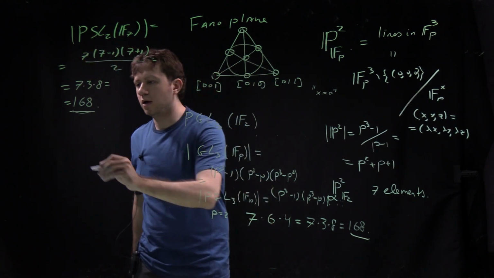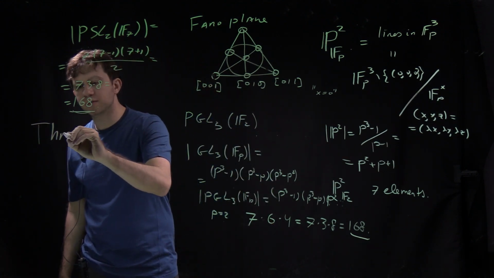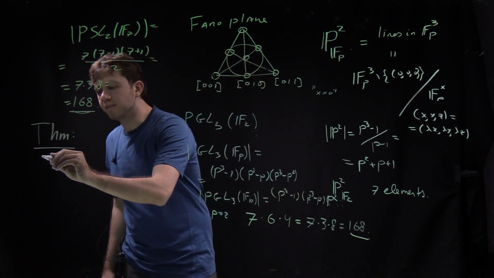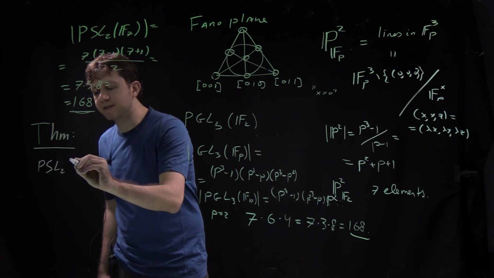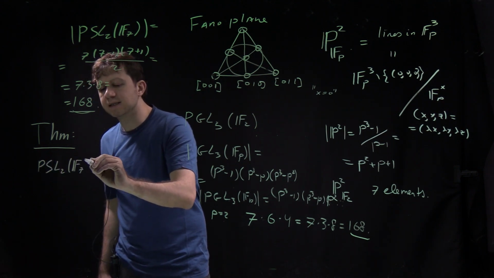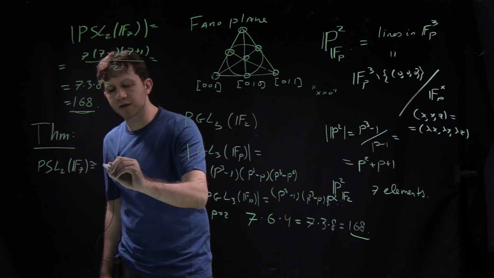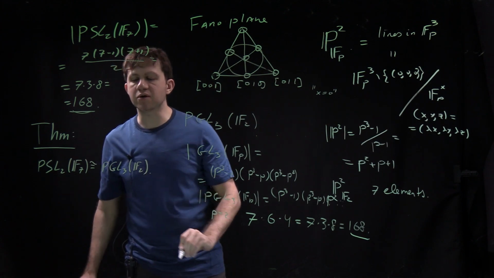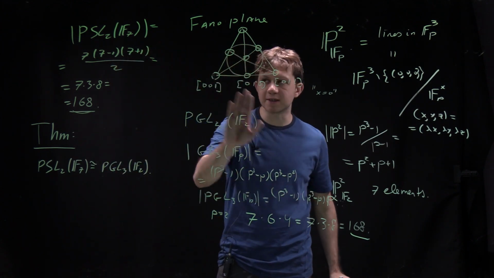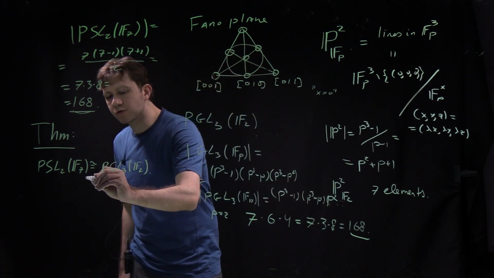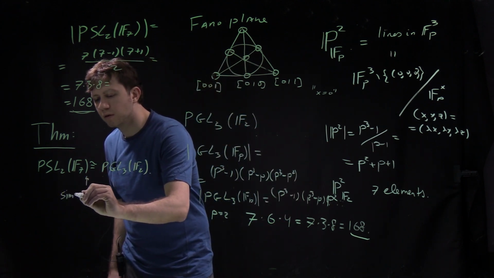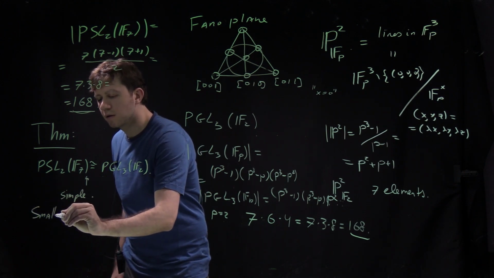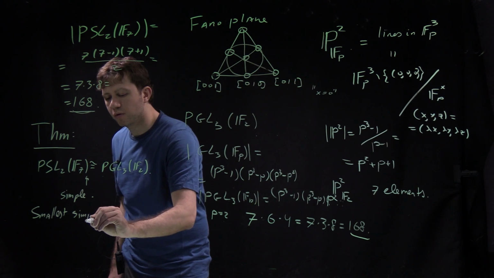So actually, there is a theorem, which I'm not going to prove, it's more complicated and involves kind of tricky combinatorics: PSL2 of F7 is isomorphic to PGL3 of F2. So somehow, miraculously, these two groups are just the same. As I mentioned, this group is simple, and this is the smallest simple group